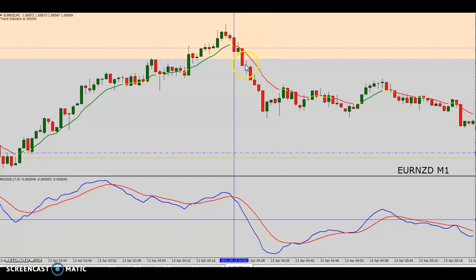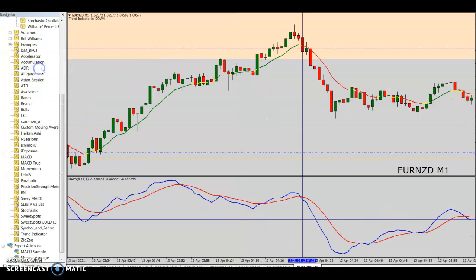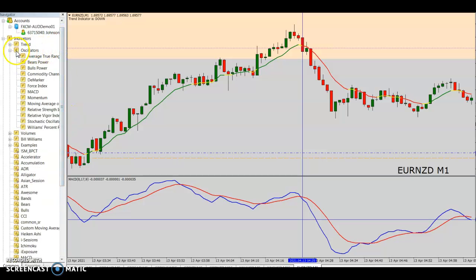Price will potentially probably fall following the MACD. Another thing that I was taught to add to my MACD is I go to the view, I go to Navigator, I look under the oscillators,